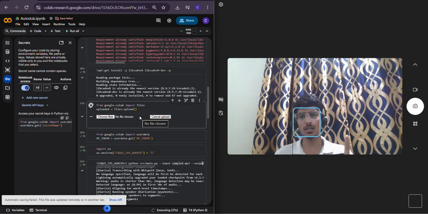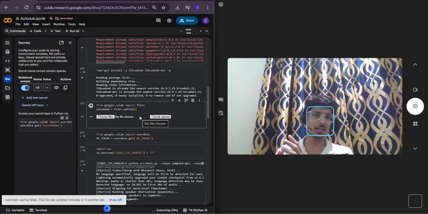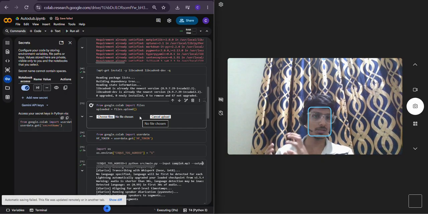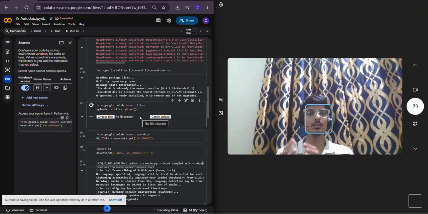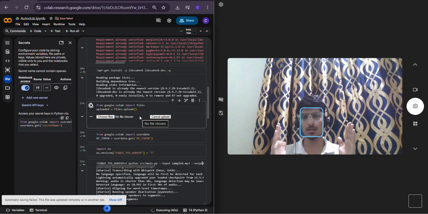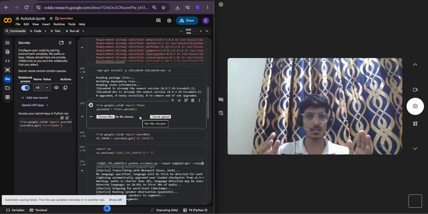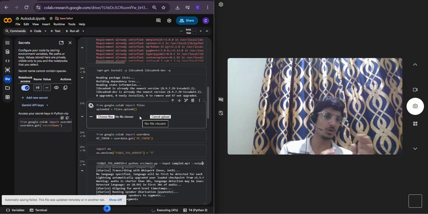If there is only one speaker in the video, it will convert the speech into text and translate the English into Hindi in a way that is around the length of the original audio. So the dubbing is actually of the length of the original English audio.